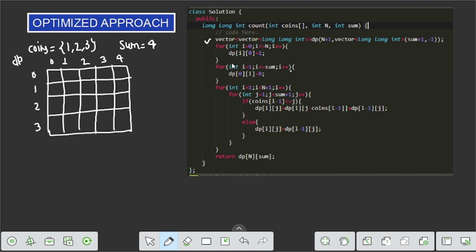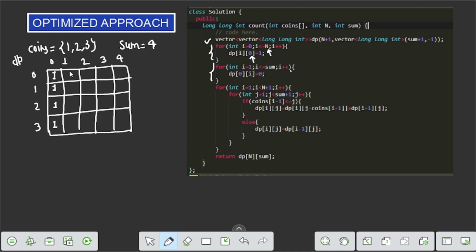So the two base cases are written here. We go from i equals 0 to n, where n is the number of coins, and initialize the first column, because the 0 remains the same here, dp of i, 0 equals 1. Why do we initialize this to 1?